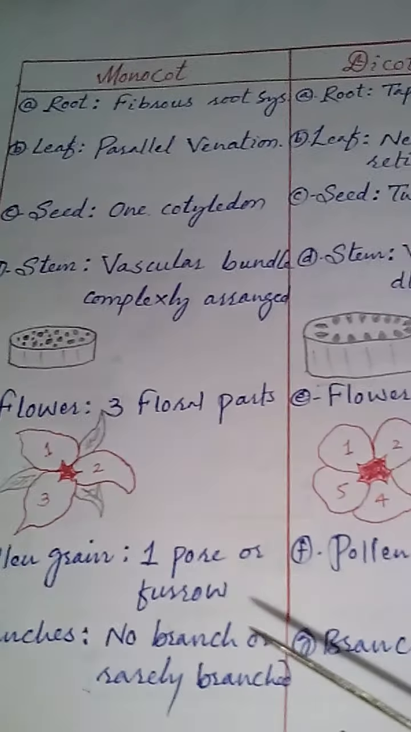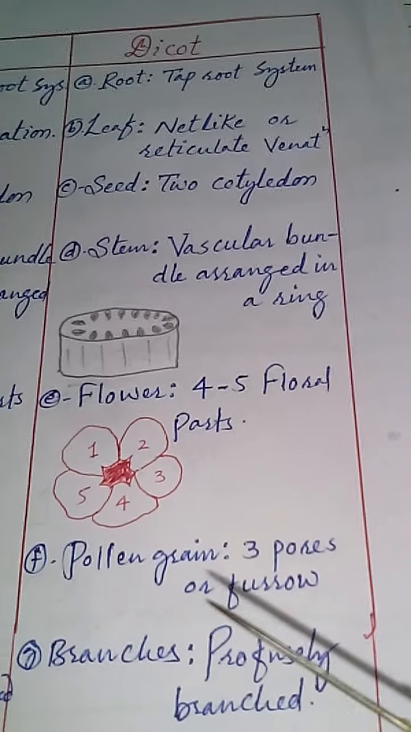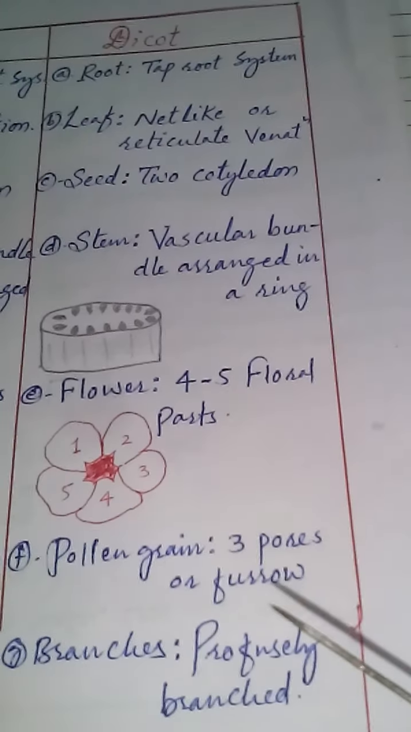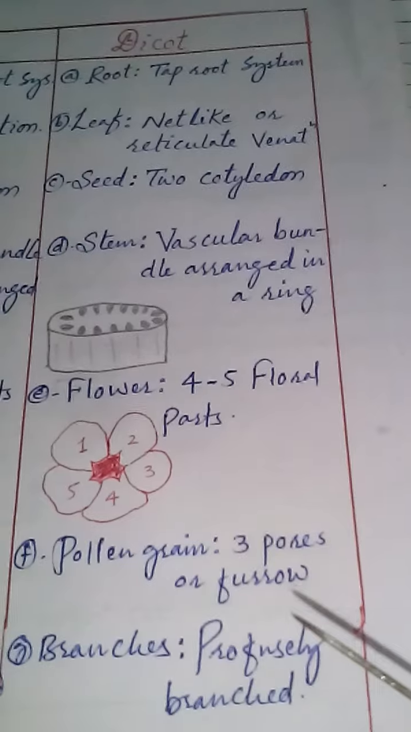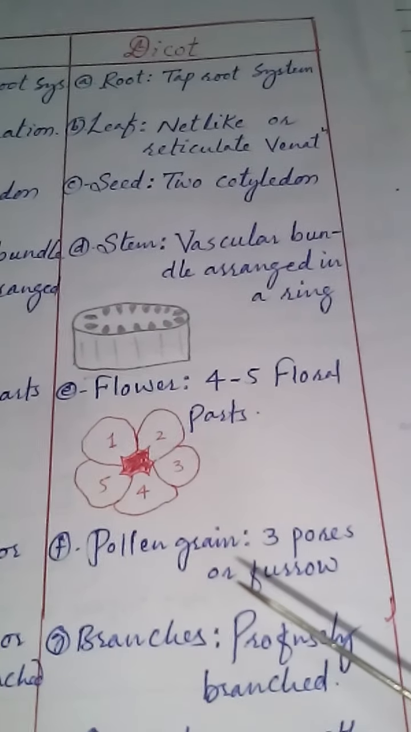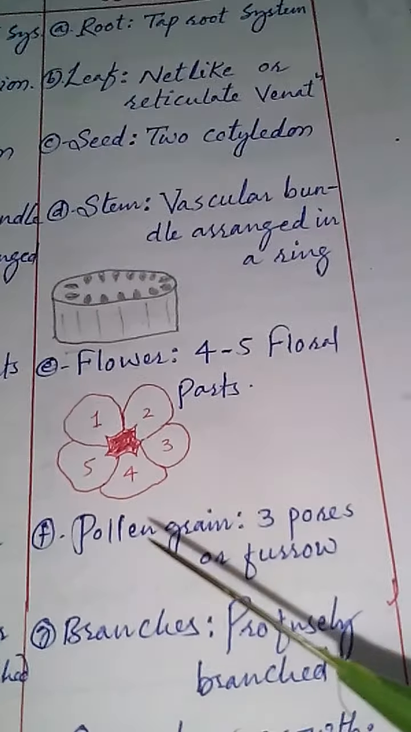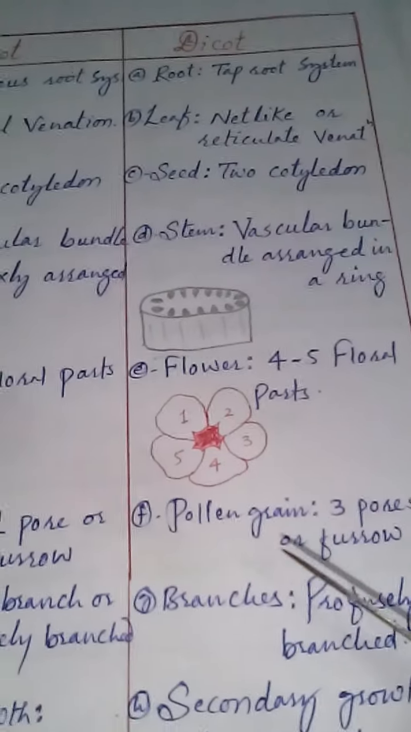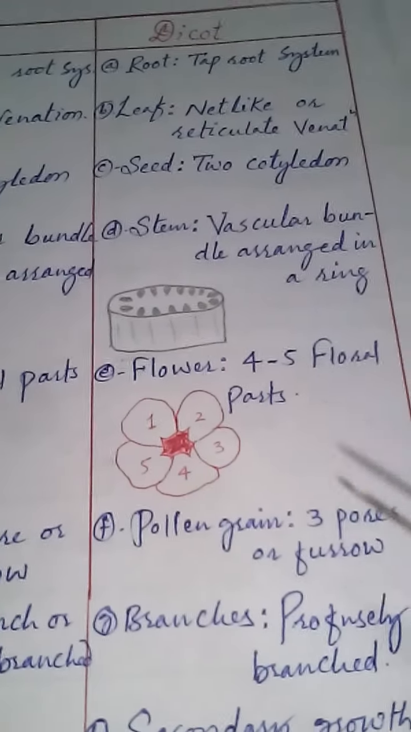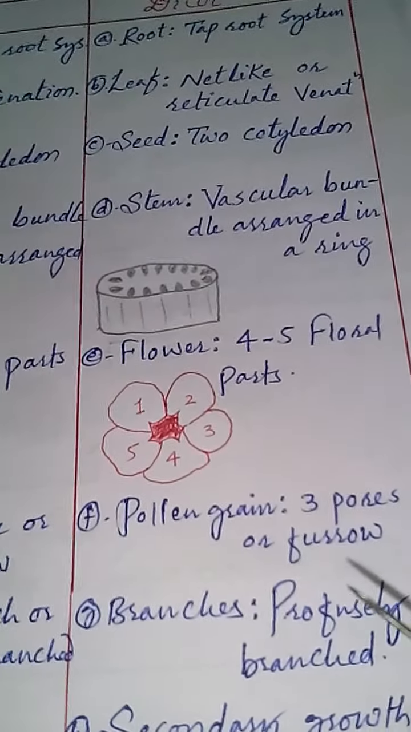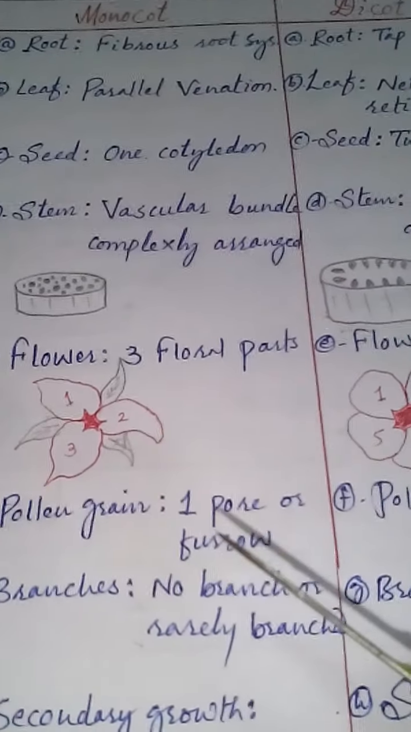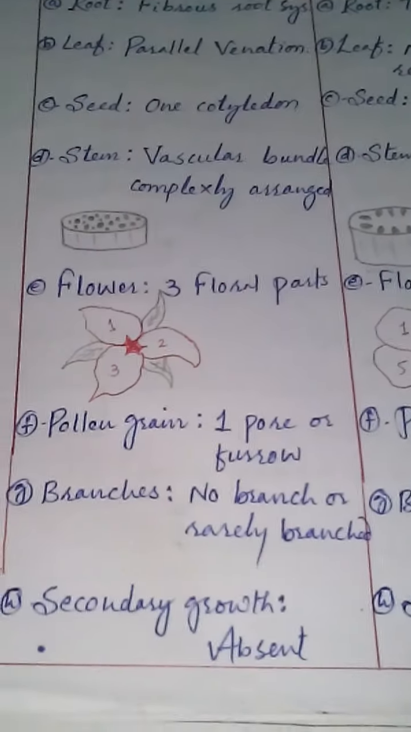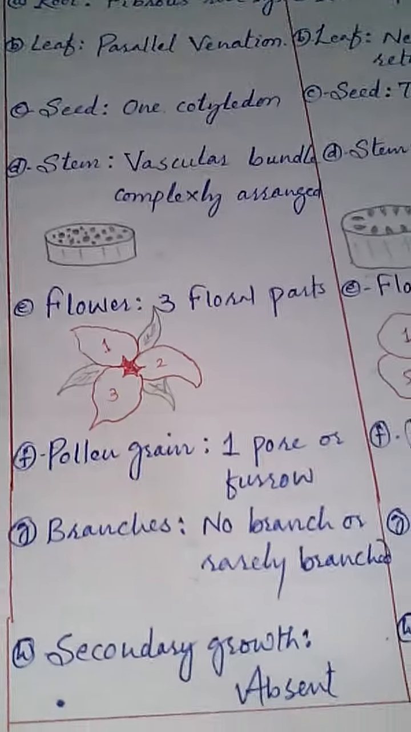Only one pore or only one furrow, while the pollen grain of the dicotyledon shows 3 pores or 3 furrows. So there is a difference regarding the number of pores in the pollen grains. There are 3 pores in the dicotyledon and only 1 pore in the monocotyledonous plants. Then the next point